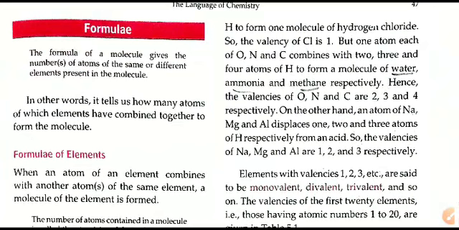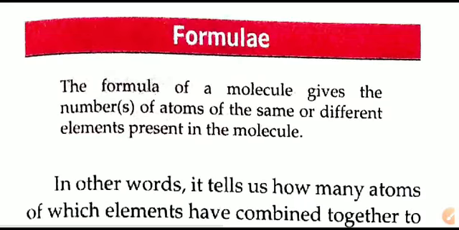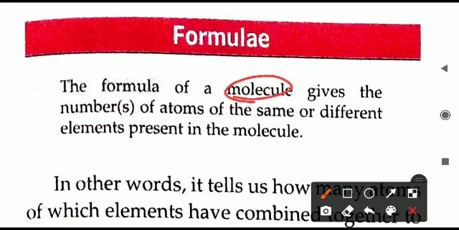In the case of elements, as we discussed in the last class, we can use symbols. Different rules are there and we can apply them to write the symbols. Today we will learn the next part, that is the formulas. So in the case of molecules, apart from the elements where symbols are used, molecules are a combination of different atoms joined together to give a particular molecule. And the molecules are represented using particular formulas.